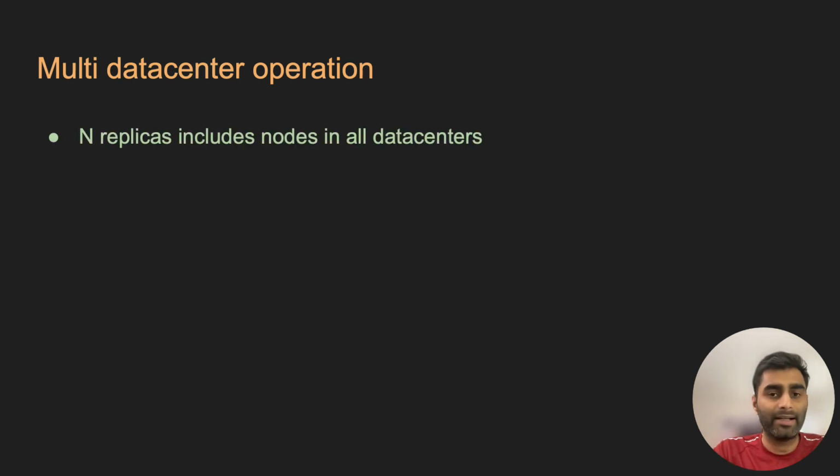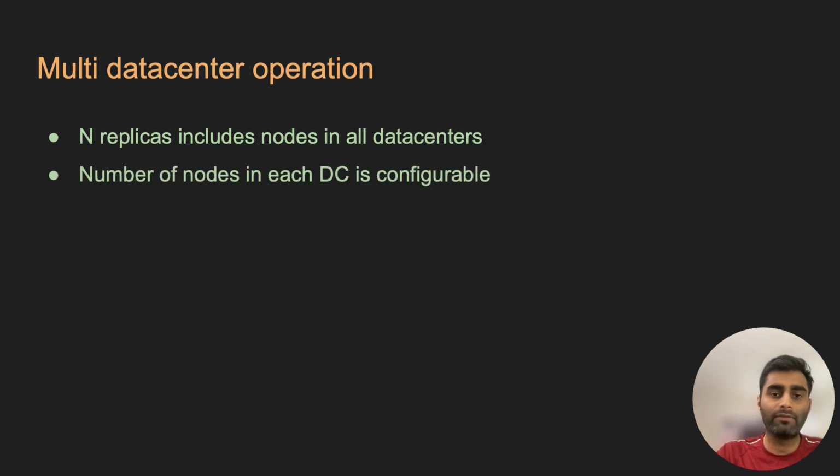So the number of replicas n includes nodes in all the data centers, and in the configuration, you can specify how many of the n replicas you want to have in each of the data centers. Now each write from a client